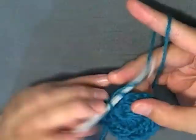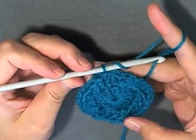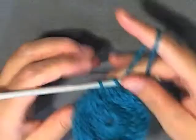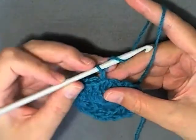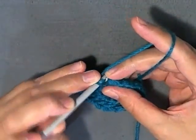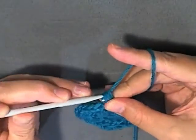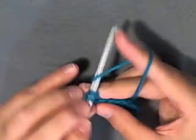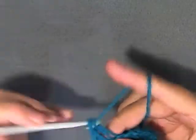And then you slip stitch in the beginning stitch. And then count your stitches, make 100% sure that you have 28 stitches. And then when you do, you chain 1, and then you repeat round 2 by going into that very first back loop of the stitch you just slip stitched into, and then of the following 2, and then just repeat by using